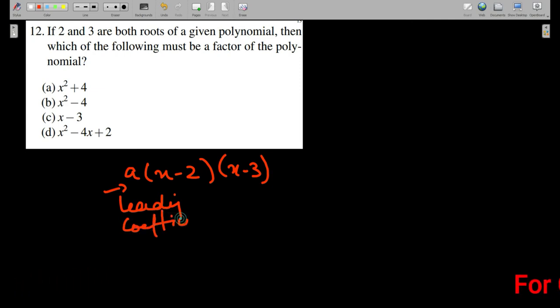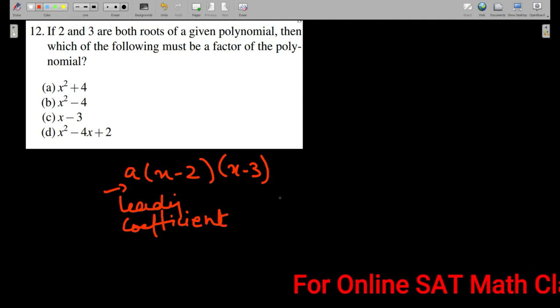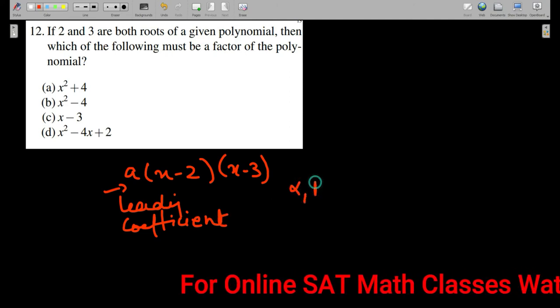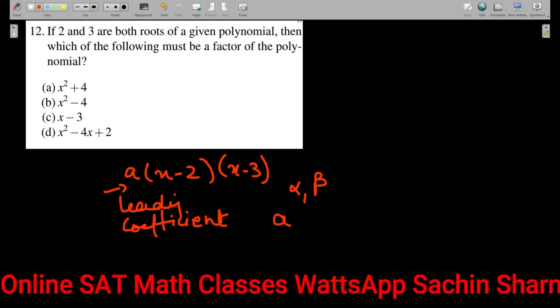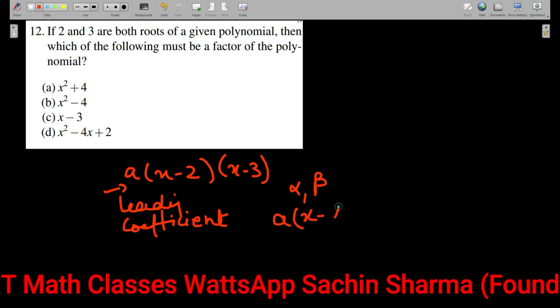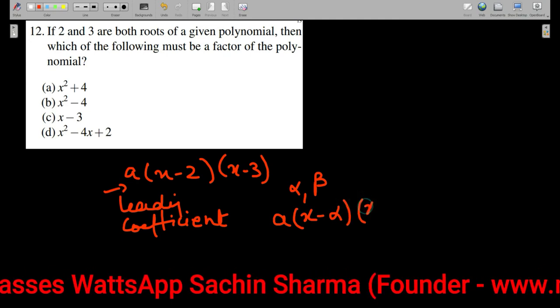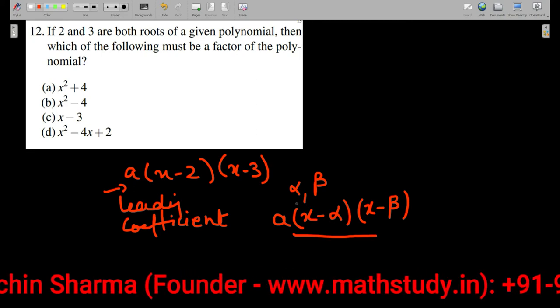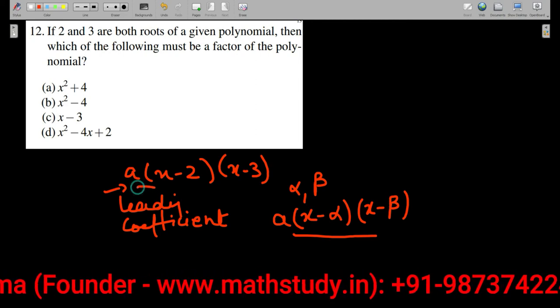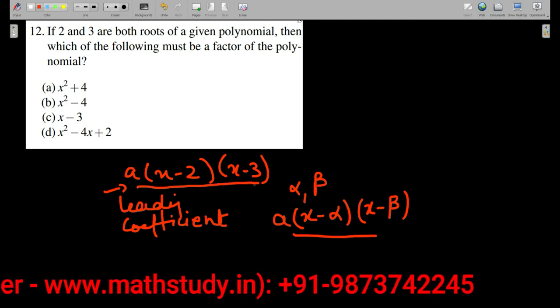So any quadratic equation which has roots, let us say alpha and beta, let us write basically the standard form. If alpha and beta are the roots of any equation, then it should be in the form of A into x minus alpha and x minus beta. Very simple. Okay students, so if we have this equation, that is A into x minus 2 and x minus